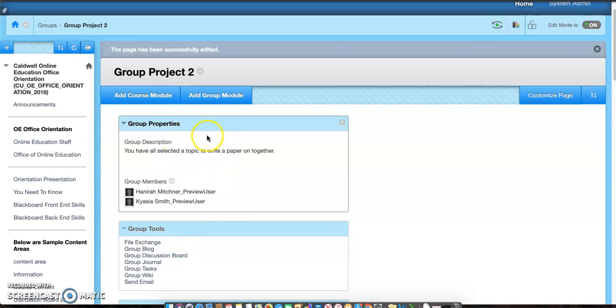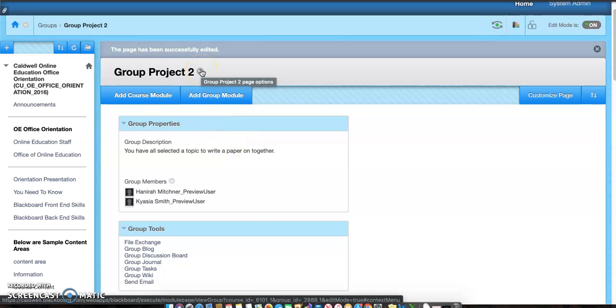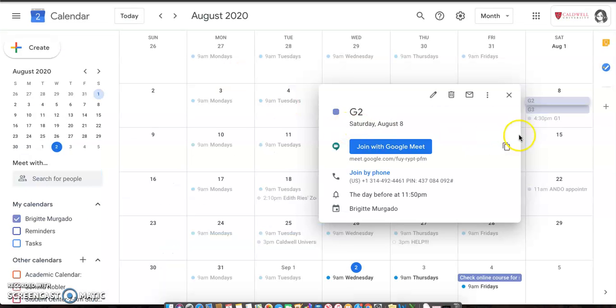What I do recommend if you do put your students in groups is to utilize kind of like a breakout room for them. So if you establish a meeting in Google Hangout Meet for them to have their specific link just for this group, you can add it here so that they know, this is just for the people who are in this group too. For example, here in my calendar, I have this G2, which I call group 2. I'm going to copy the information for the meeting, and back in Blackboard,